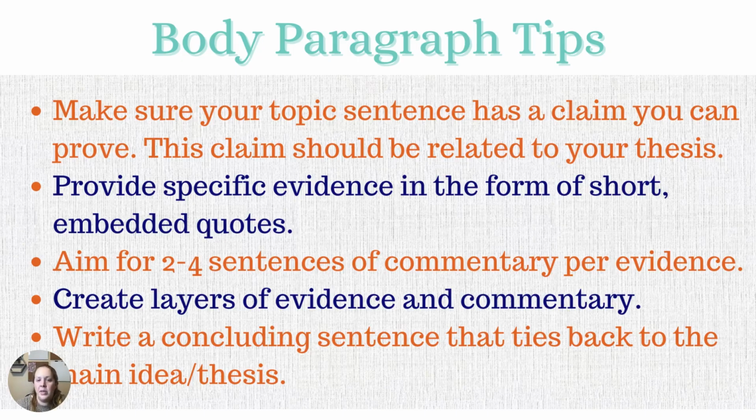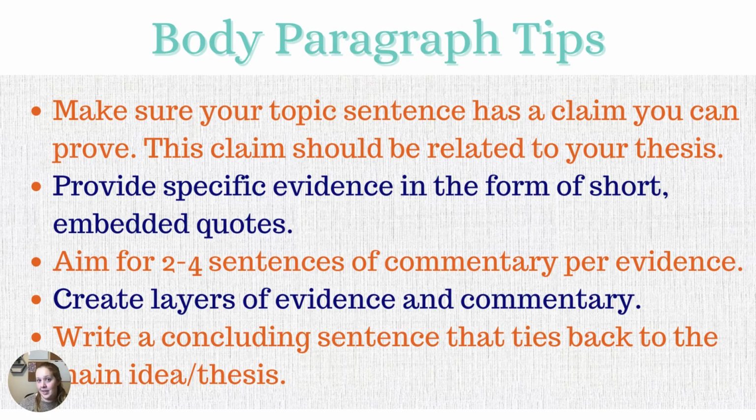So I have something that I've been calling layers of evidence and commentary. What that means is we usually want at least 2 separate pieces of evidence, possibly even 3, to prove our claim, because it's more convincing that way. If you make a claim, let's take FDR, for example, that he is proving that it was a deliberate attack, and you just give 2 words like "sudden" and "unprovoked," let's say those were in the speech. That's proof, but it's maybe not as convincing as if you had even more evidence that talks about how it was deliberate. So we want to make sure that we have a topic sentence, evidence, commentary, more evidence, more commentary,